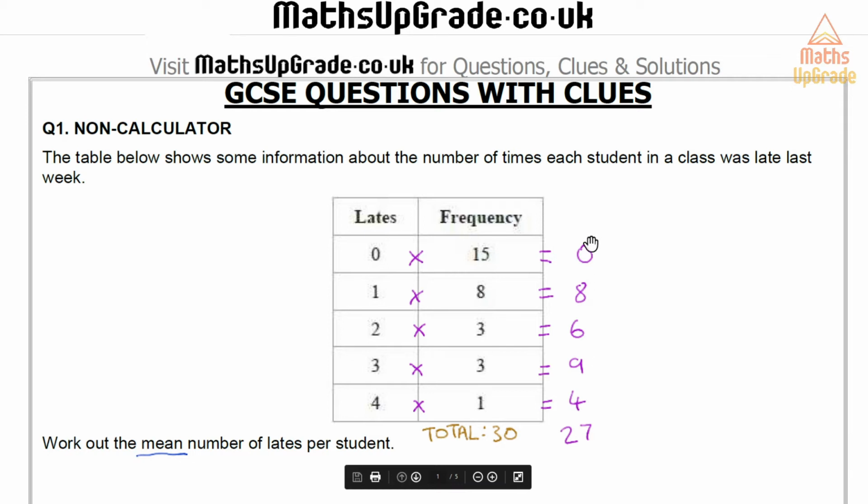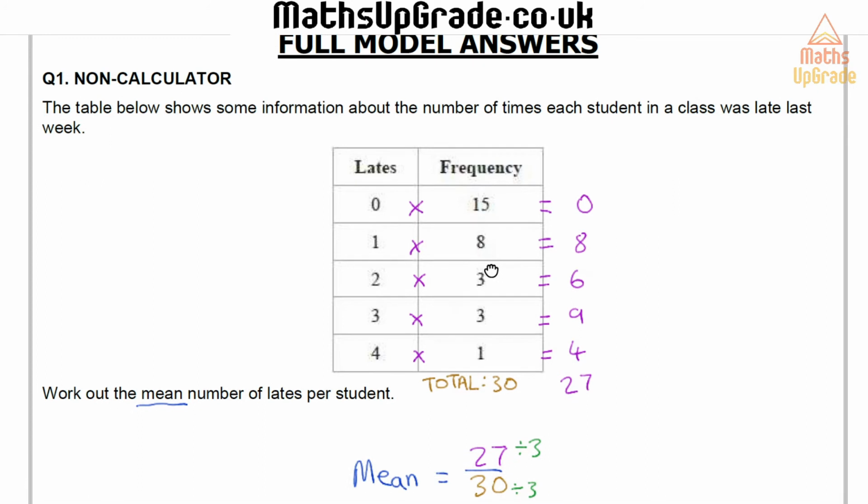So now the total of that data is 27, and I know that I've got 30 numbers in total, since the total of the frequency is 30. So to find the mean, it's always the total of the values divided by the number of values. So the total of values is 27, the number of values is 30, so if I do 27 divided by 30,